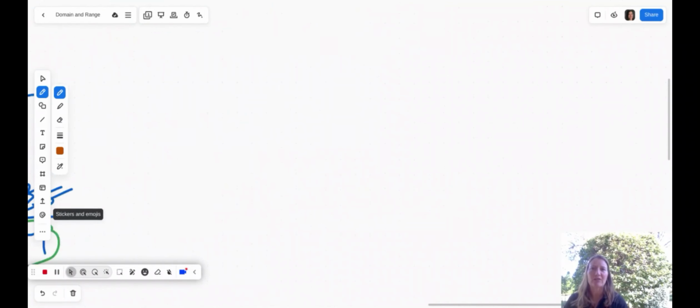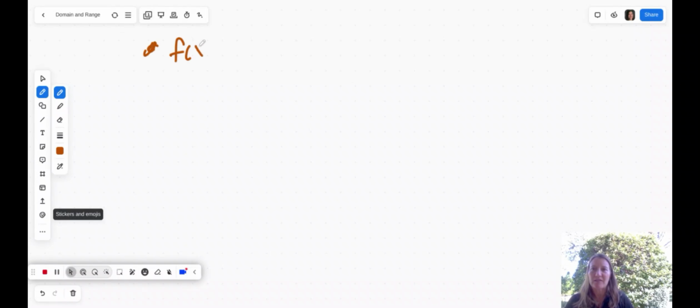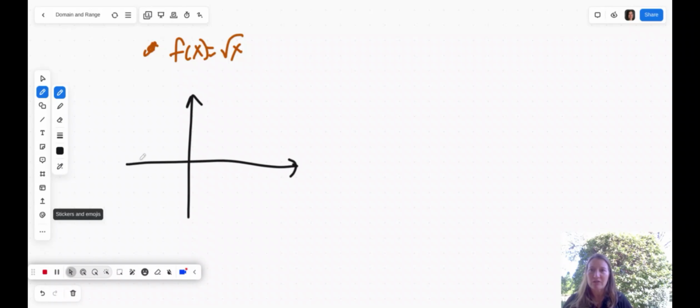Similarly, in radical land, let's take some radical functions. And we're just going to start with square root again. I'm going to go back to f of x. F of x equals square root x, and let's use that strategy of putting my flashlight on my graph here. So here's my graph of square root x,